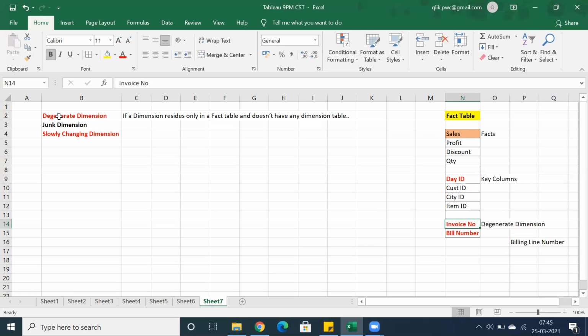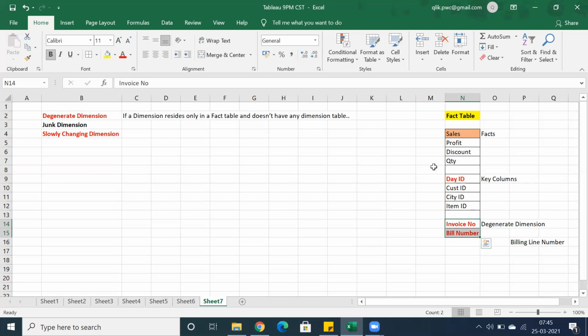So that's a degenerate dimension. Straightforward, but we may or may not have these kinds of columns in every project. In a few cases you can find this kind of information. If a dimension resides only in the fact table and does not have any dimension table, it is called a degenerate dimension.